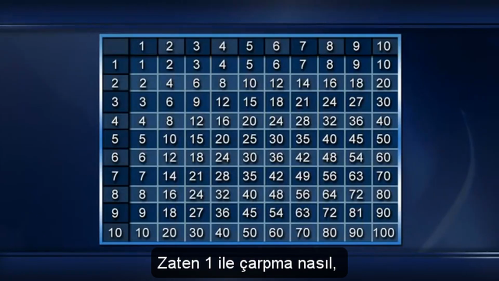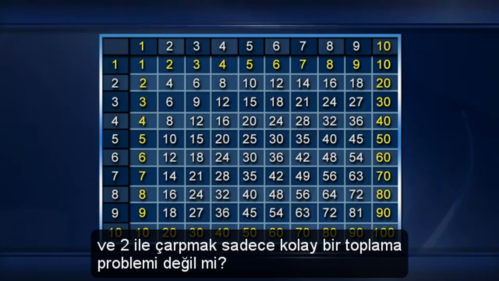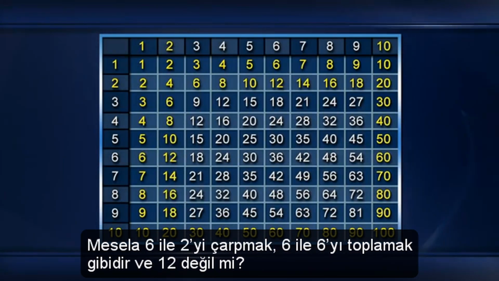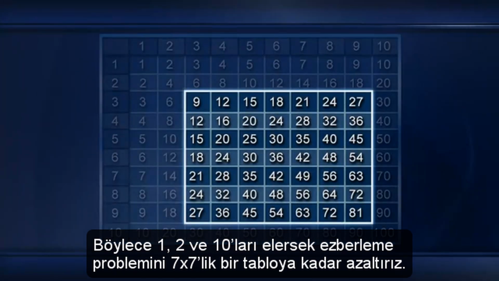It's obvious how to multiply numbers by 1 and multiply numbers by 10. And multiplying by 2 is just an easy addition problem, right? 6 times 2 is just like 6 plus 6, 12. So, if you eliminate 1, 2, and 10, we've reduced the problem to memorizing a 7 by 7 table, which